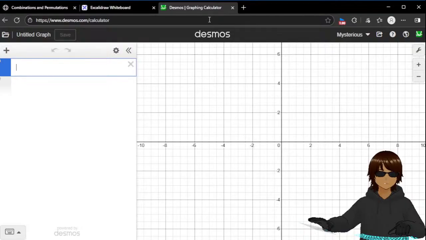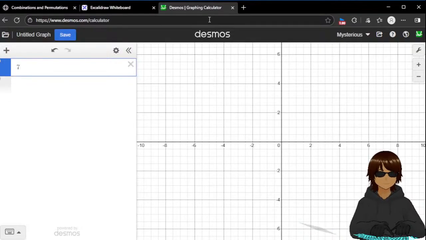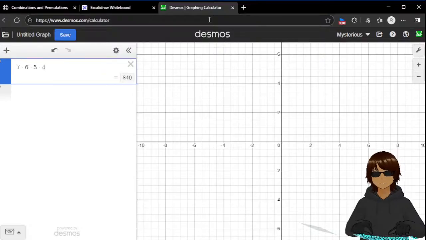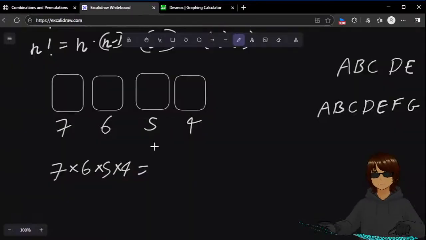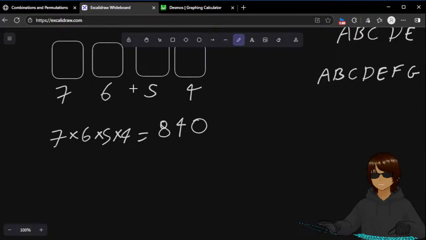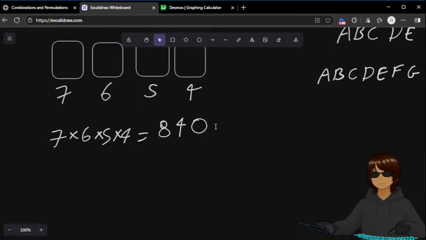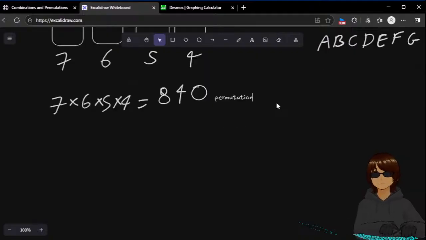That's 7, 6, 5, 4, 840. 840 different options. This is called a permutation. A permutation is basically,